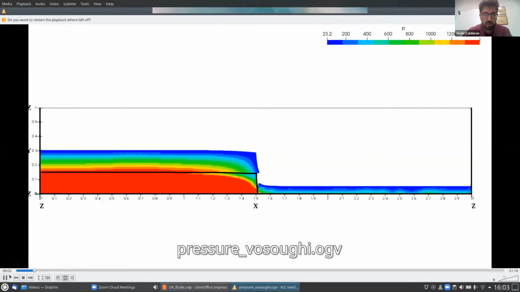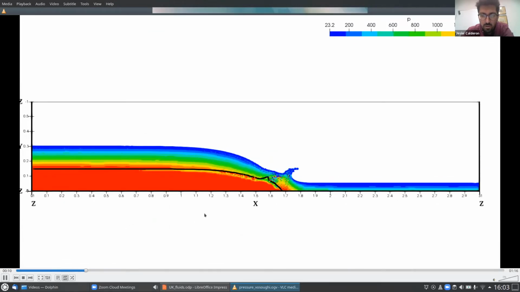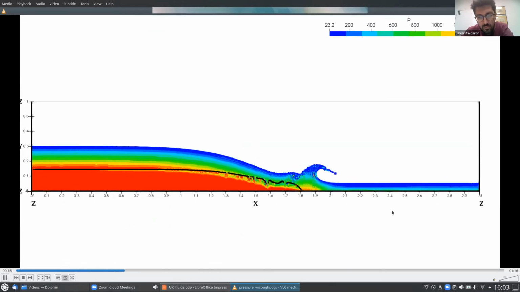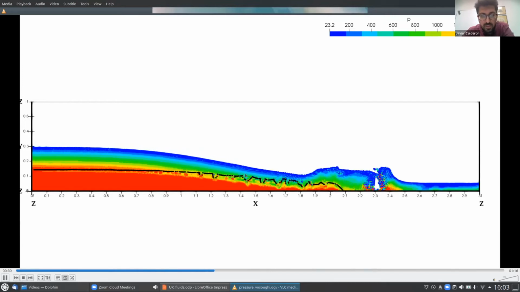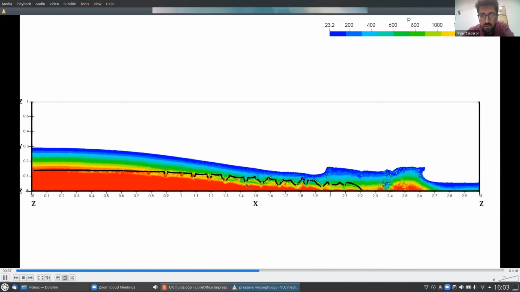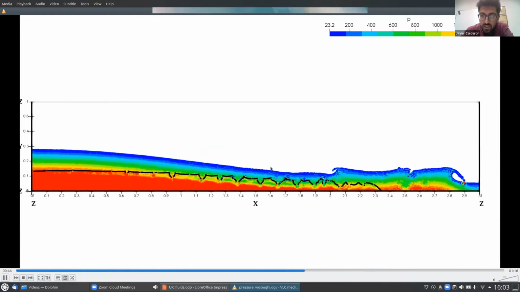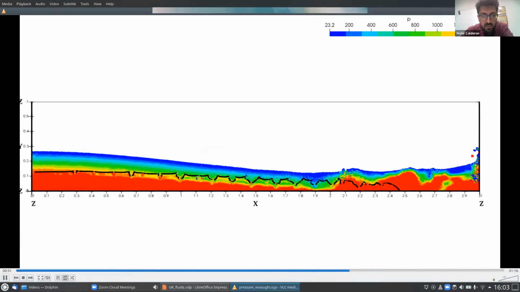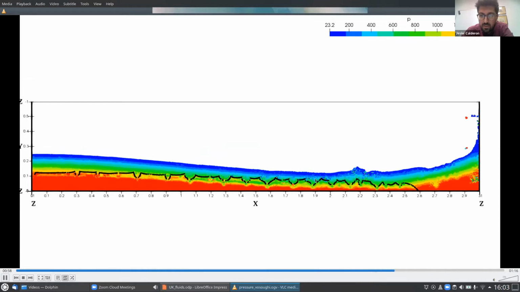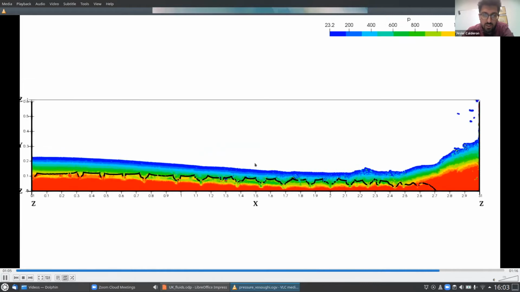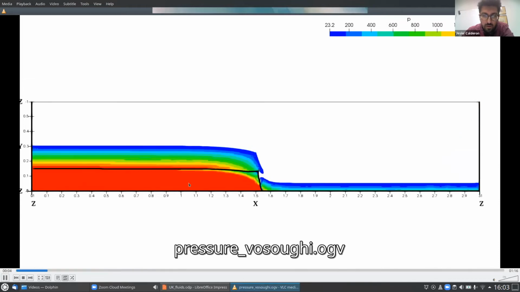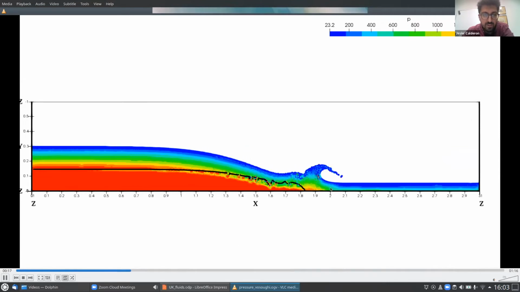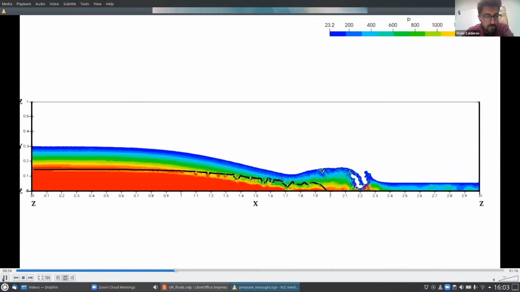Again, we can have a look, for example, at the pressure field for this case. You see that the water flows over the mud, and in this case that we have a high yield stress, what you see is that the surface slightly opens at several locations, and moves to the right relatively slow without hitting the other wall.